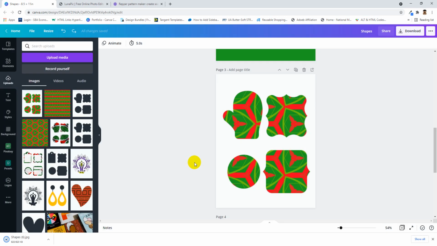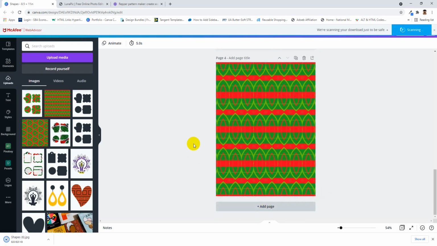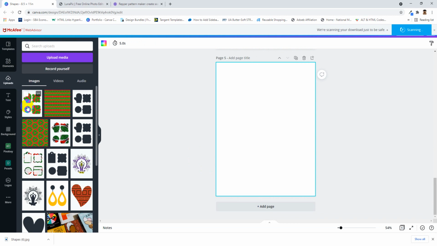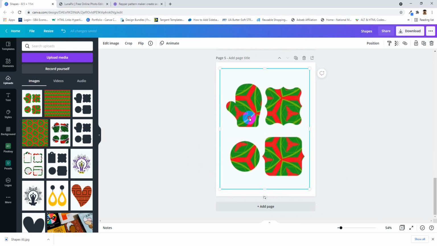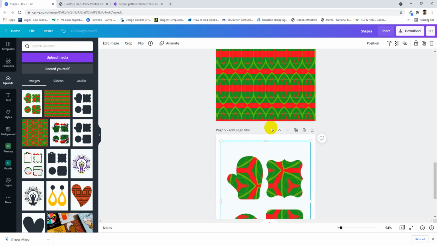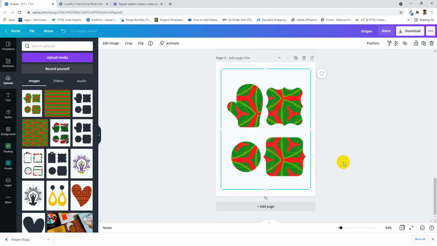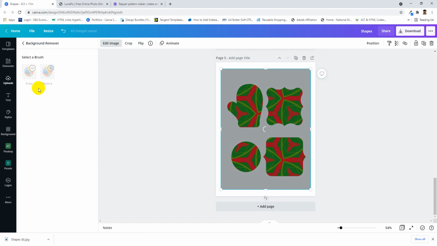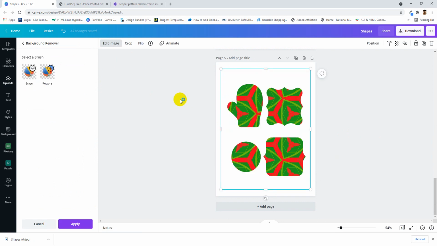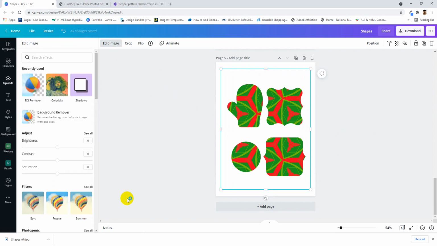After I downloaded the image, I uploaded it back into Canva, and now I'm just going to place it on a new design space in Canva. Same folder, just a different sheet. Now I'm going to select it and select Edit Image and use Canva's Background Removal tool. The Background Removal tool will remove the white space around the shapes and make the space transparent. Alright, select Apply, let the wheel spin,